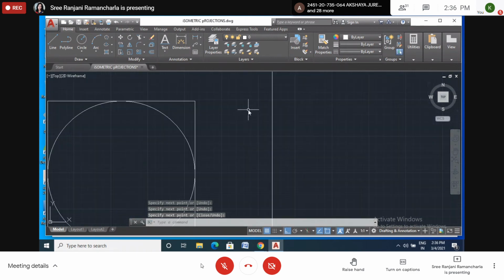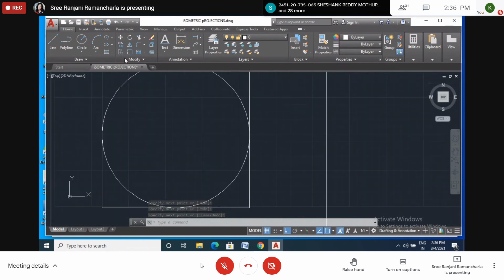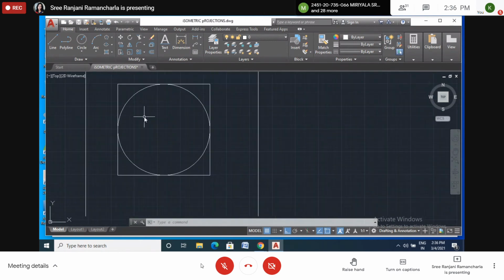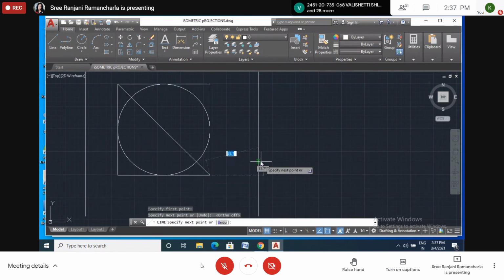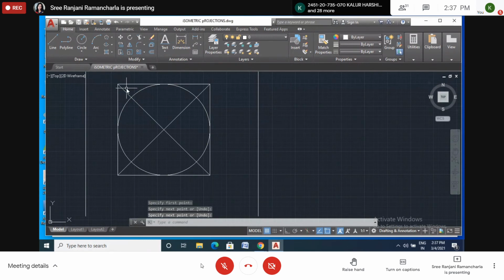Okay. Now we have to draw the diagonals. For the offset method, we have to draw the diagonals. Okay. Now where these diagonals are intersecting the circle, some points here, here.